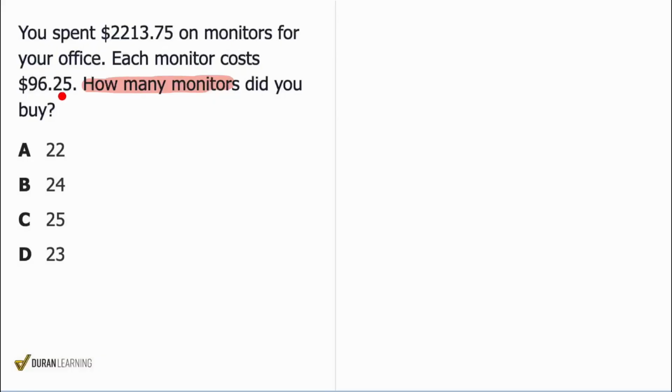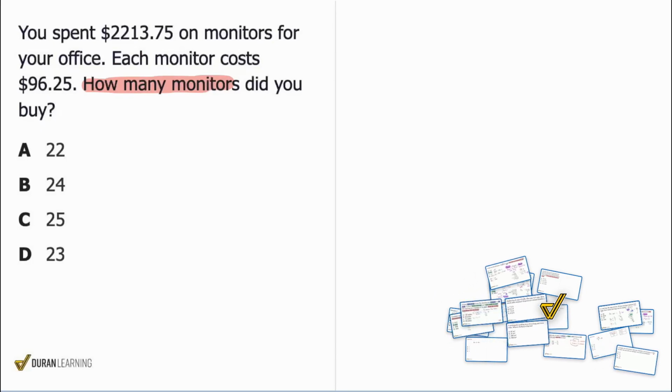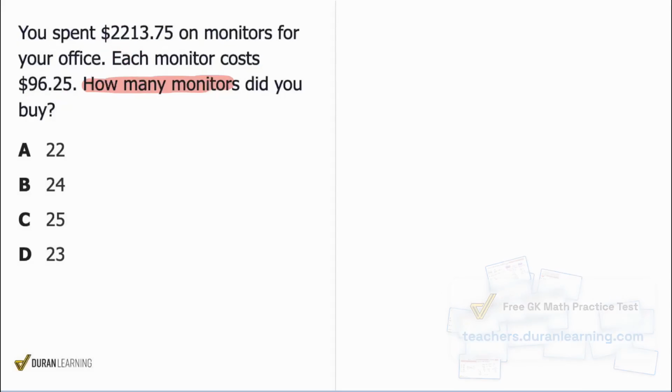$96.25. Oh, okay. So we have the word each here, and I think at this point we should understand, no worries if this is a refresher, but the word each, to get the grand total, we multiply. To get any of the individual pieces, we divide. Everybody, we already have the grand total. We already have the amount of money that we spent on these monitors. So when we give the word each, $96.25, and we want to know how many monitors we bought, what operation